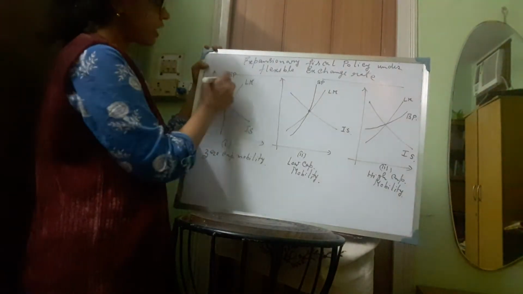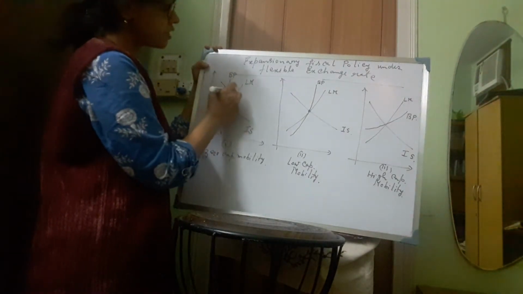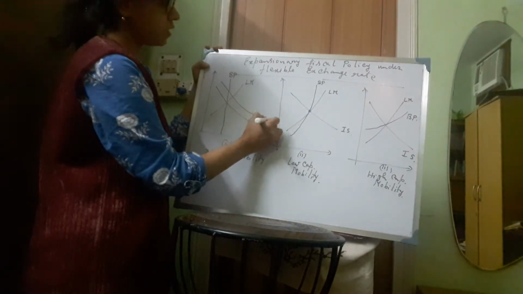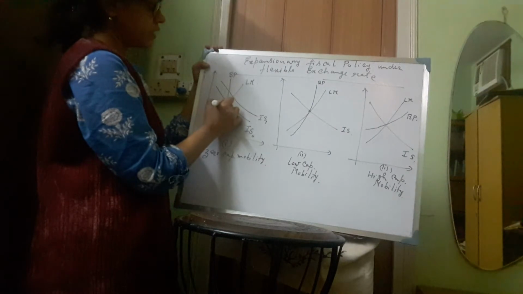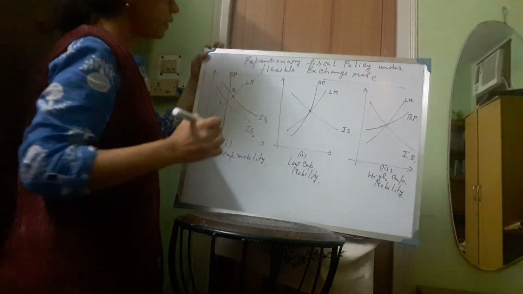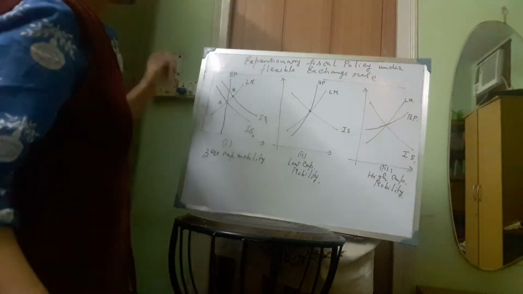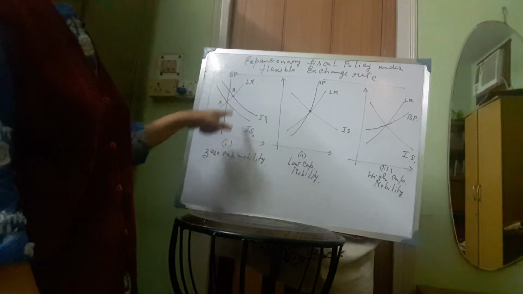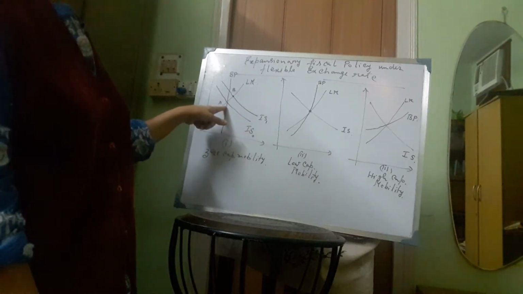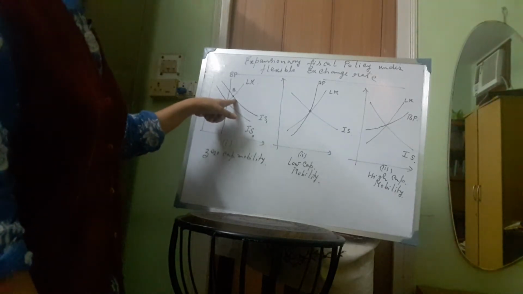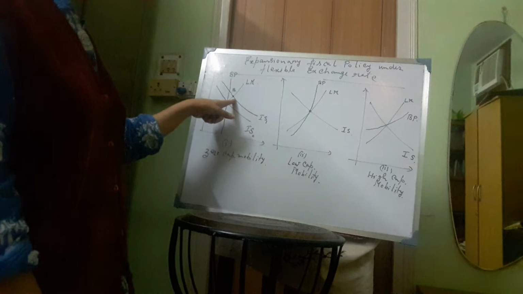So in case 1, we consider the expansionary fiscal policy, then the IS curve will shift from IS0 to IS1. Now we were at point A, now we are at point B. At point B, we have a higher rate of interest and a higher level of income as compared to point A. So with the high rate of interest, capital inflow will be more, and with the high income, the import will be more.